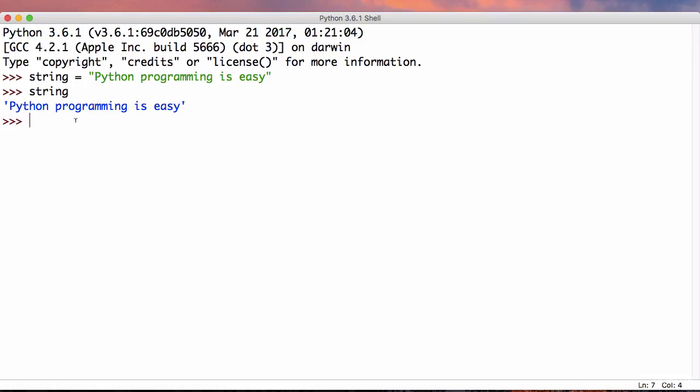In the previous lecture, you learned how to create a string, and in this lecture, you will be learning some of the operations that can be performed on a string. I have my Python IDLE environment open and I have created a string which is "Python programming is easy." We will be using this string throughout this lecture to perform operations on. To get started, the first operation which we will be looking at is the